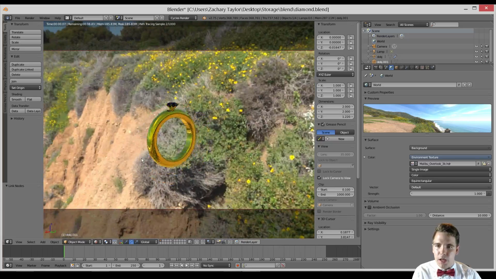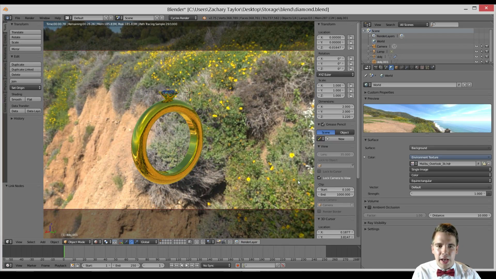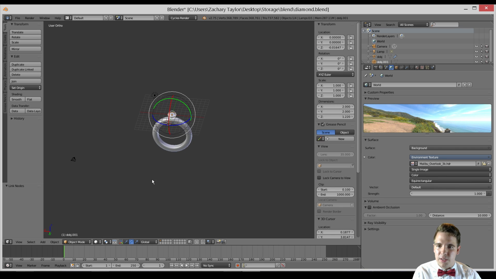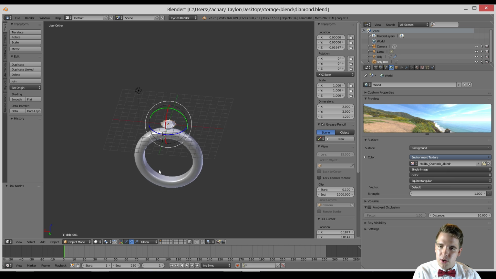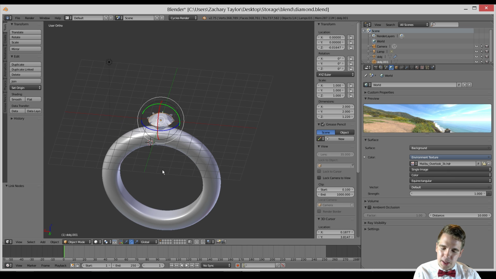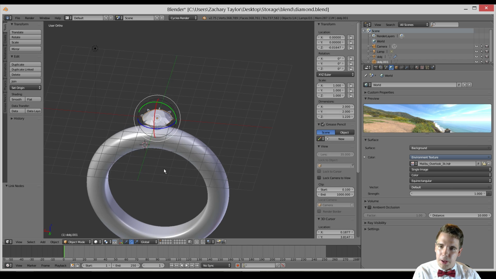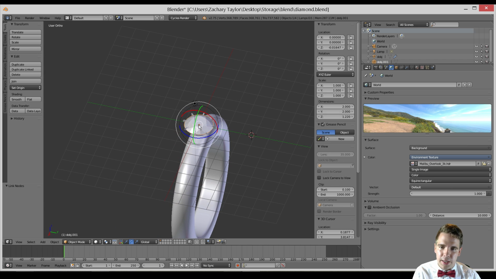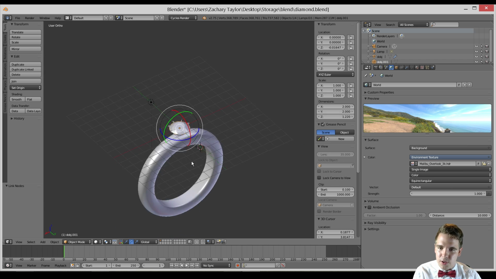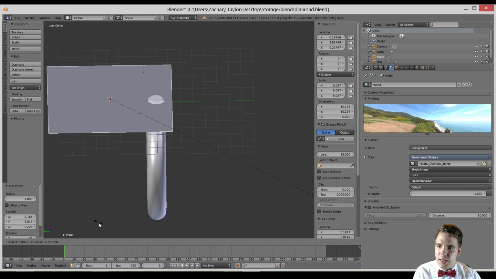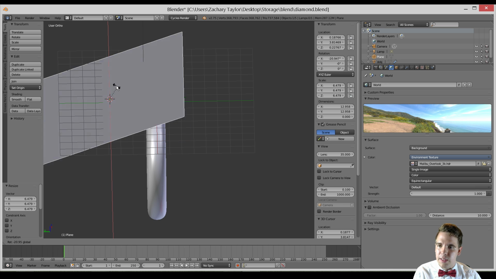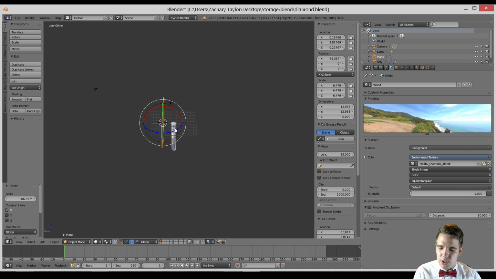Okay. Now another thing that we need to do is add a plane with an emission, and the reason why is because we kind of want to make the diamond sparkle a little bit. So if we have a plane that's just a solid white, it will kind of emit on the glossy glass of the diamond. So hit Shift A, go to Mesh, click on Plane, scale that up by hitting S, and then rotating that to about right there. Hit G,